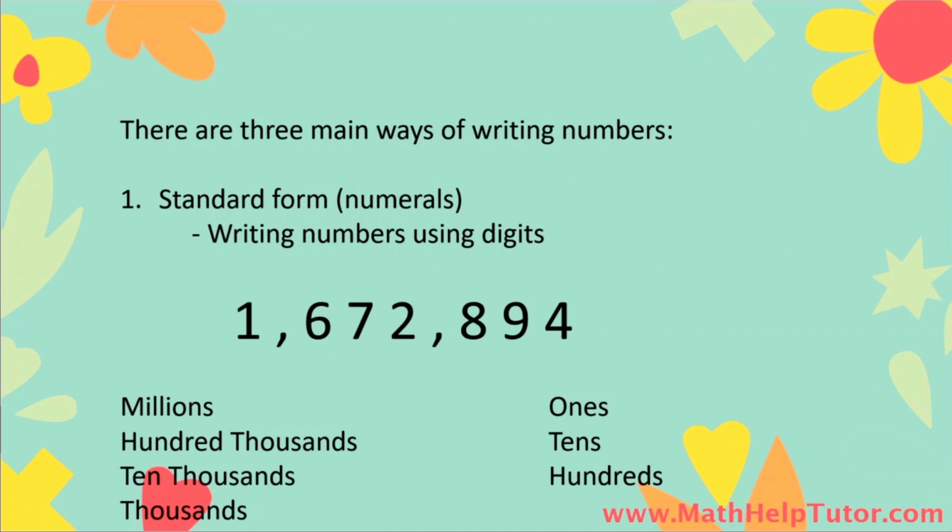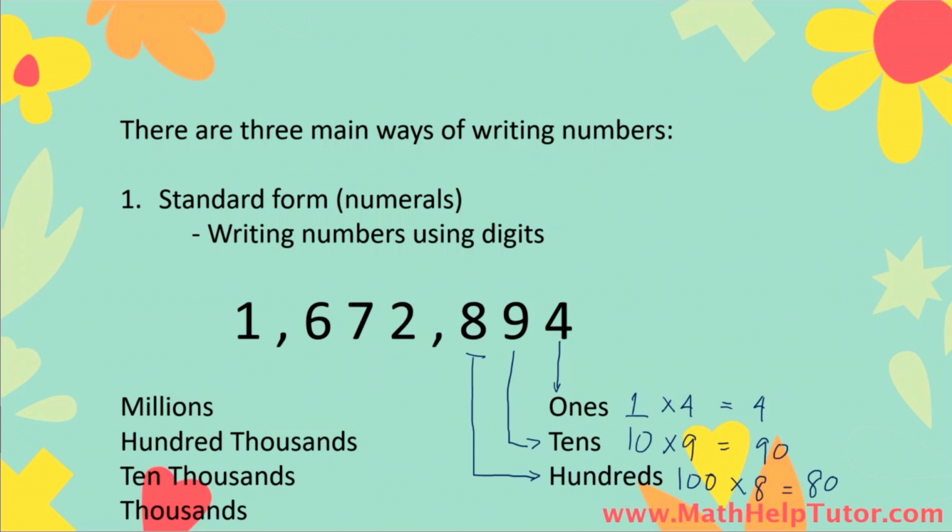1,672,894, we use digits in a certain arrangement according to their place and place value. Here, we can see that the digits are arranged specifically by their place and place value. So the digit 4 in the ones place, which has a place value of 1, has a value of 4. The digit 9, which is in the tens place, which has a place value of 10, has a total value of 90. The digit 8, which is in the hundreds place and has a place value of 100, has a